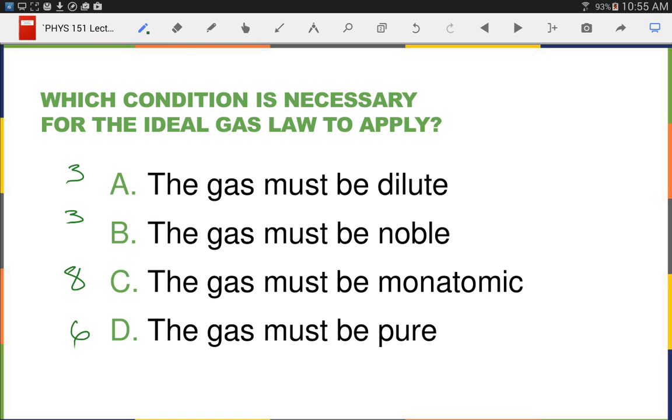And if it has a high temperature, that means it's going to be traveling really fast. So even if they get close and they have some appreciable force, they're close for so short an amount of time that it makes no difference. So high temperature assures us that condition of essentially elastic collisions if they collide, and non-interactive if they don't. Now the second